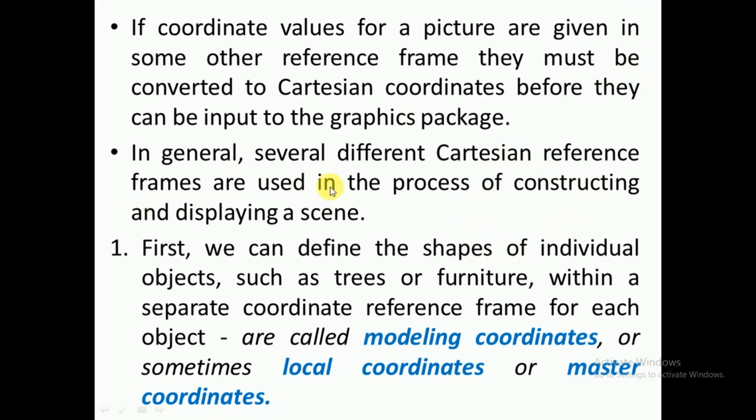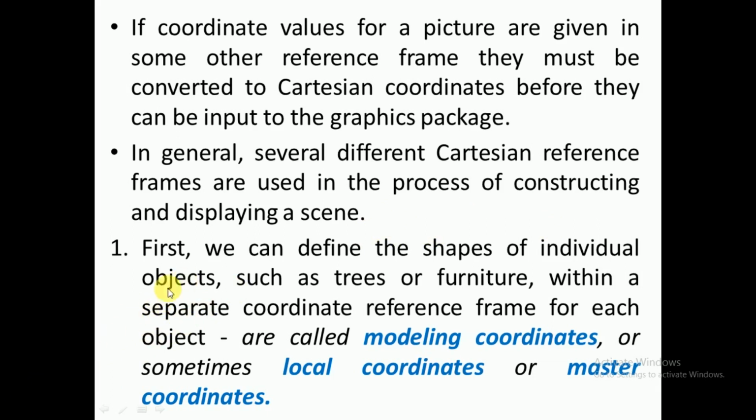That's why, in general, several different Cartesian reference frames are used in constructing and displaying a scene. If I consider my origin somewhere here, my OpenGL may consider its origin somewhere else.